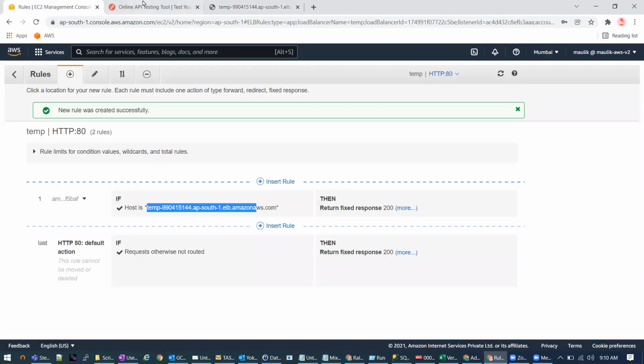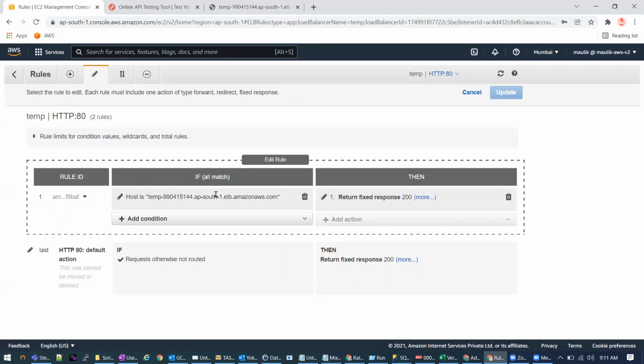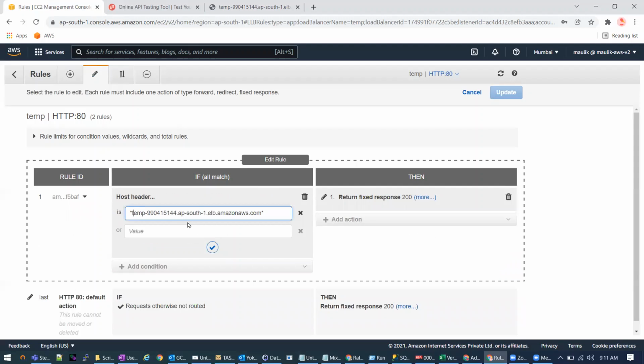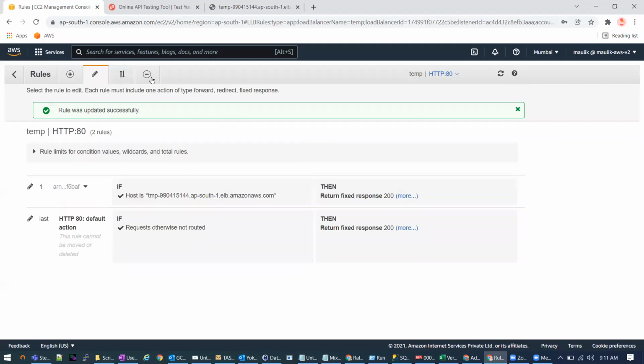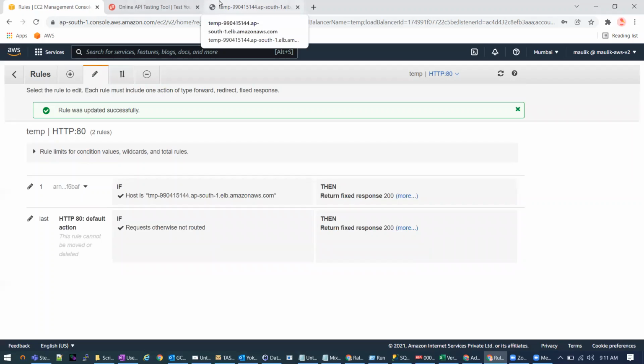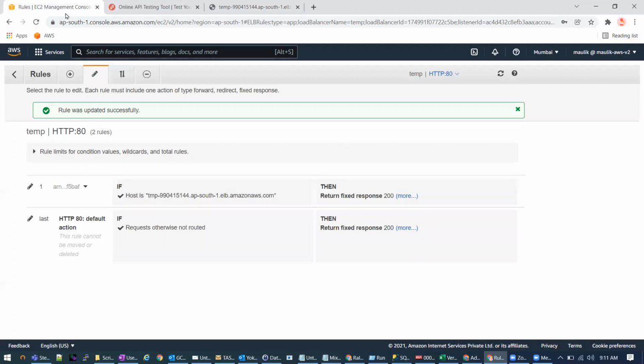Okay, so we can see now. Suppose I change the rules temporarily to see whether the condition is really correct or not. See, this condition is not working. So this is just like you can put some condition based on the subdomain and URL link. Okay, let me delete this.